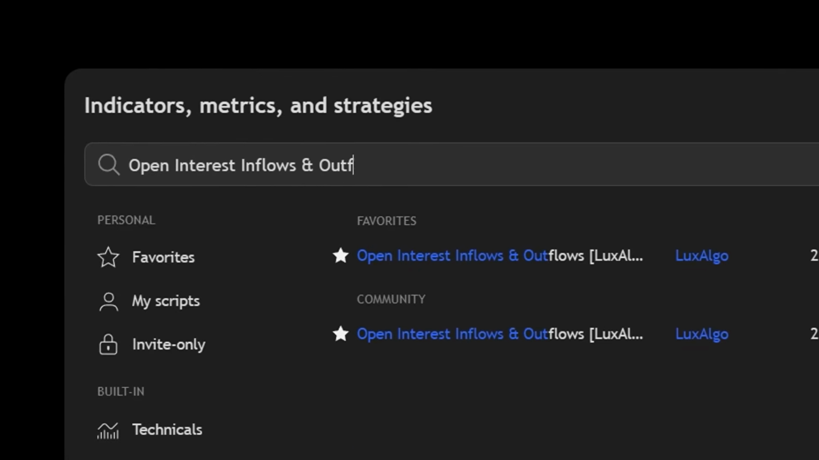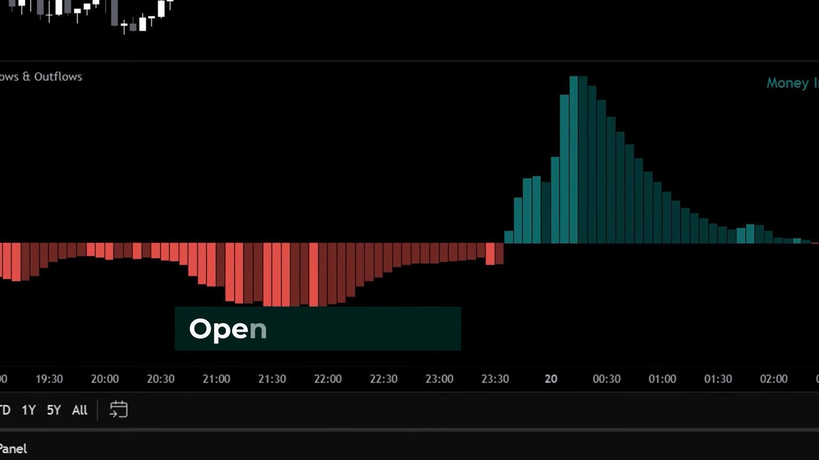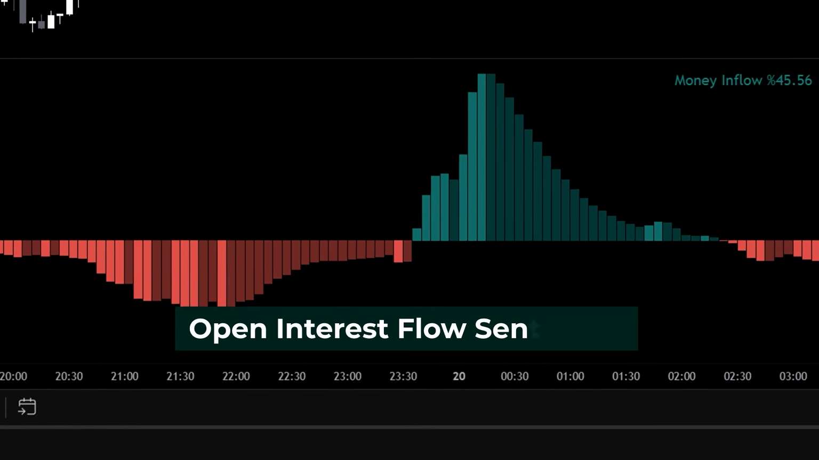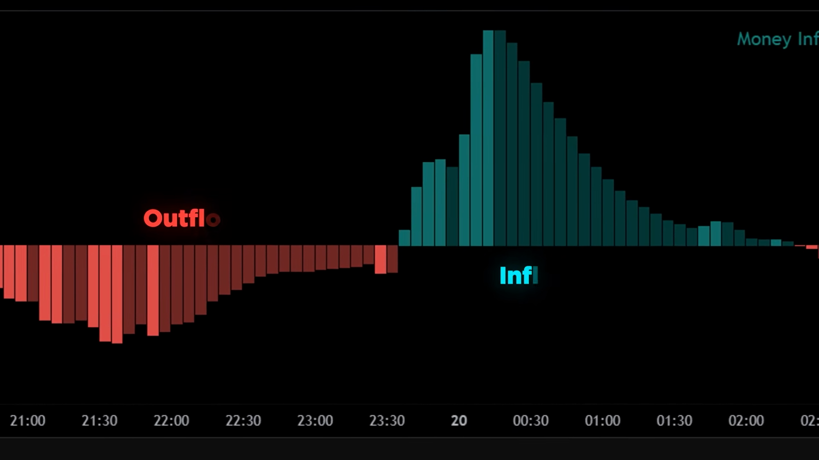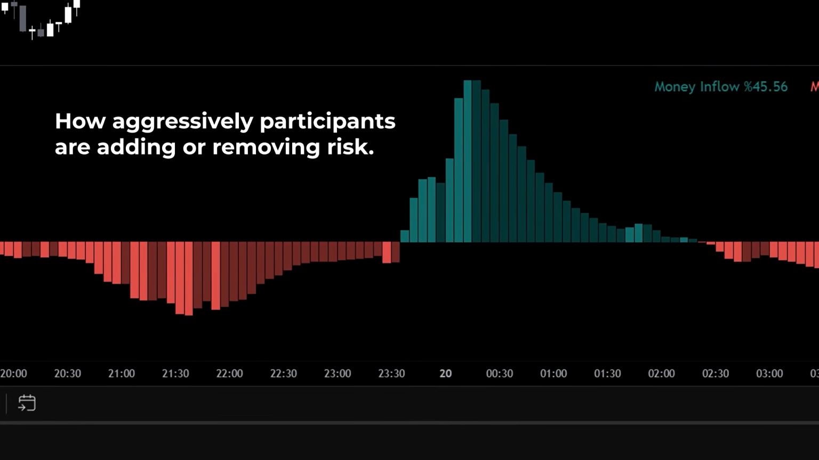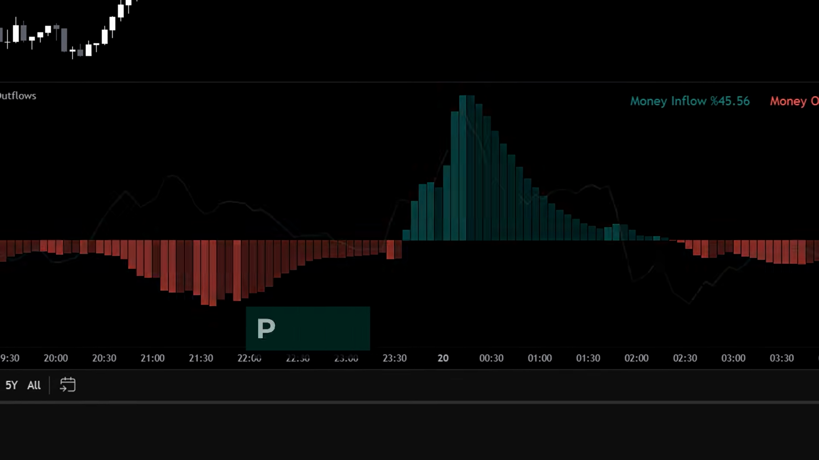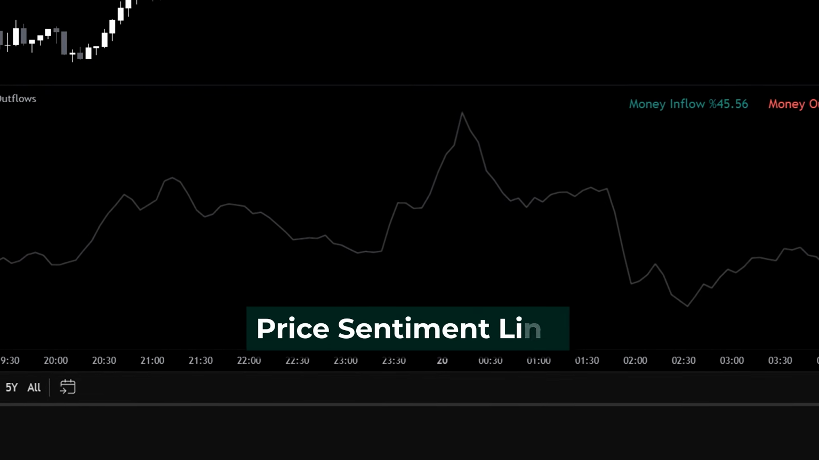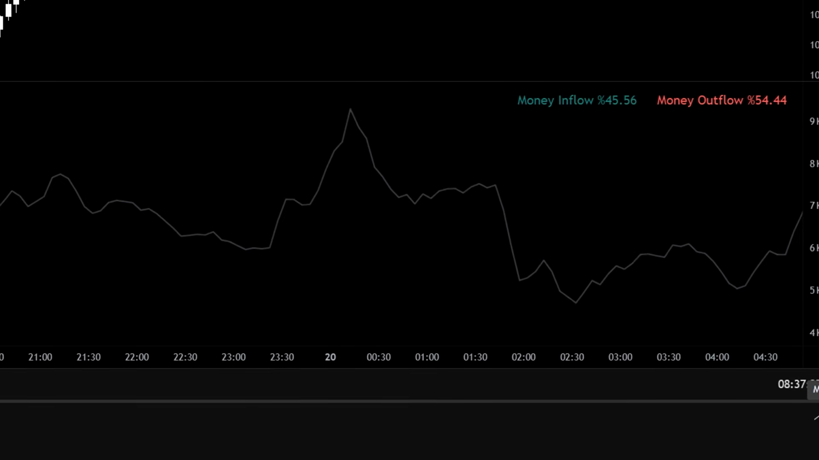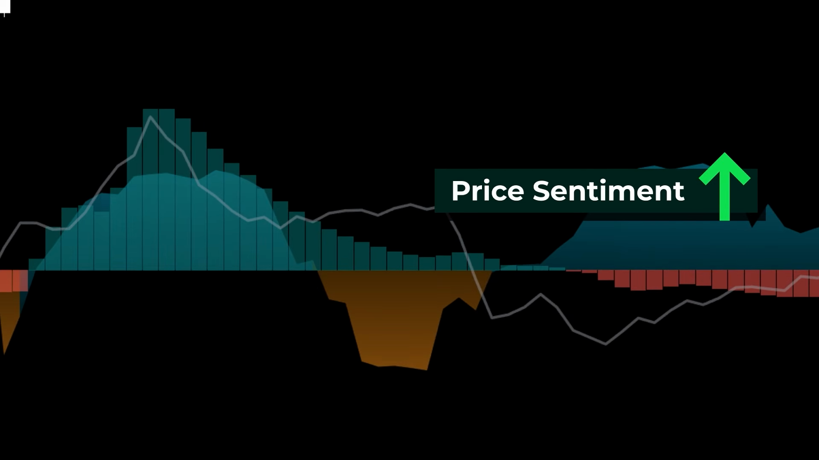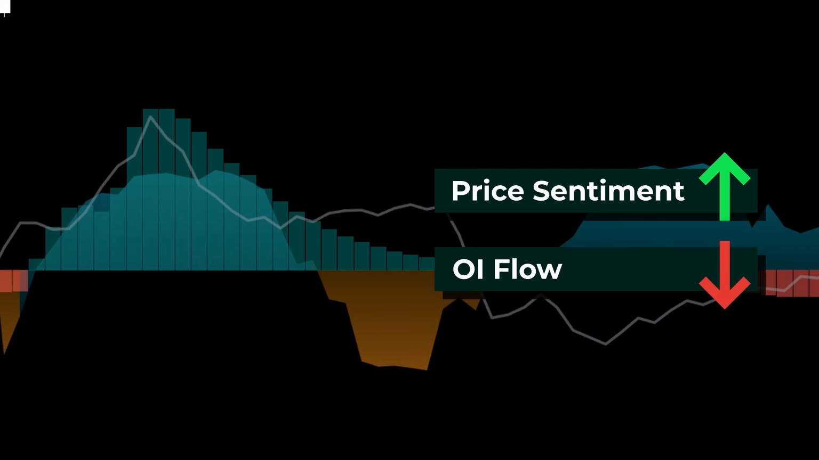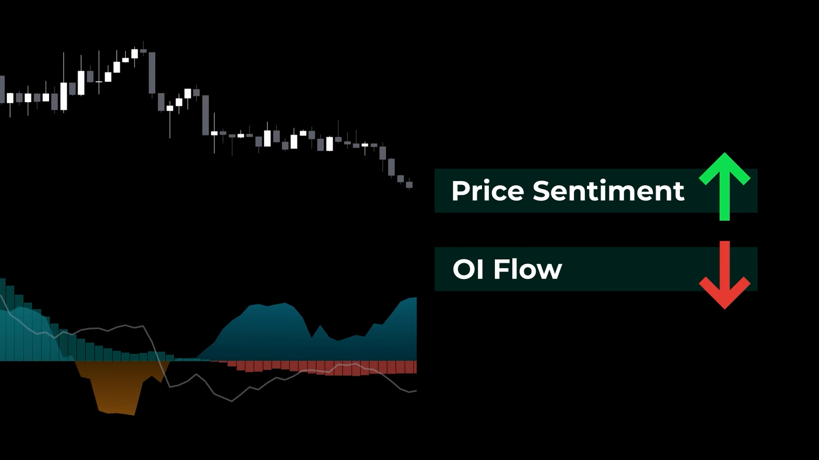When you add the indicator, you'll see three components. First, the open interest flow sentiment columns oscillating around zero. Teal bars show inflows dominating, red columns show outflows. Think of this as how aggressively participants are adding or removing risk. Second, a smooth price sentiment line tracks price with the same scaling as open interest, letting you compare both on equal footing. When price sentiment pushes higher, while open interest flow fades, you're likely seeing short covering or late longs,